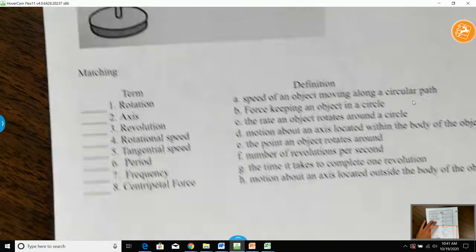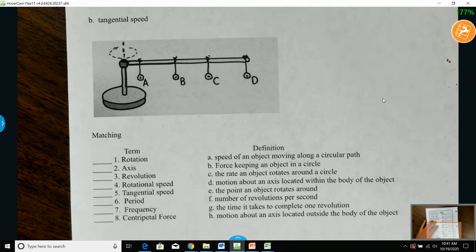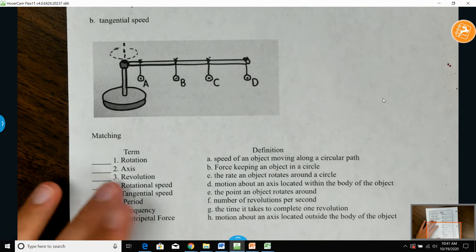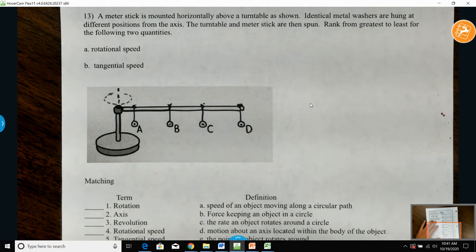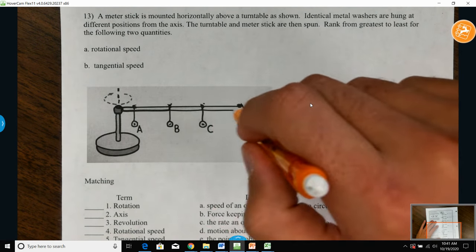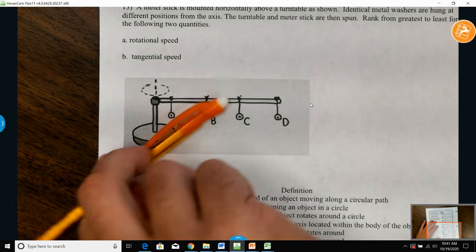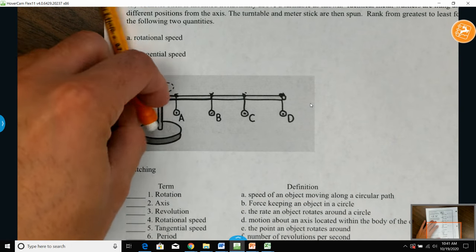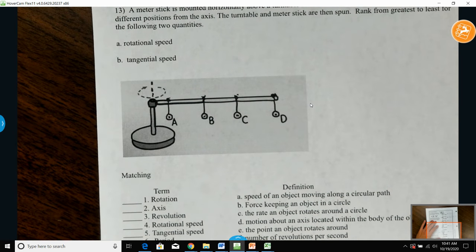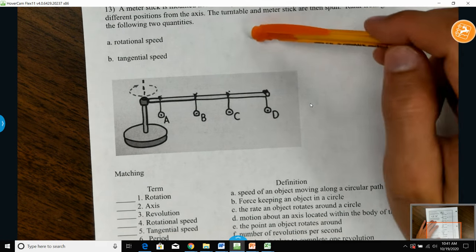And then just the last little bit, definitions, you can match them up with these. Rotational speed: what I'm essentially looking at is a spinning mobile here. Think about it the same way as the horses on a carousel or merry-go-round, however you say it. This thing is not going to bend. It's a straight bar, so as it spins, everyone is going to complete the same number of rotations for a period of time. So you could say the rotational speed is the same, or A equals B, which equals C, which equals D.